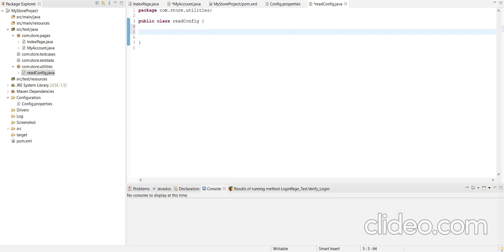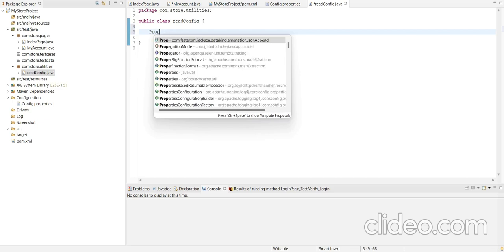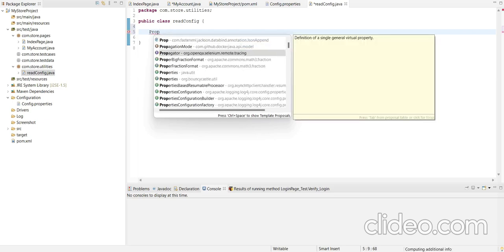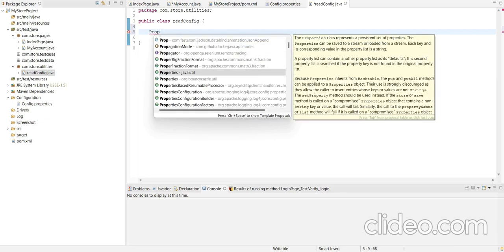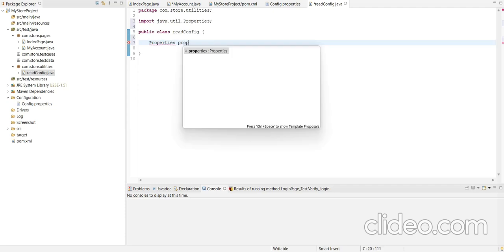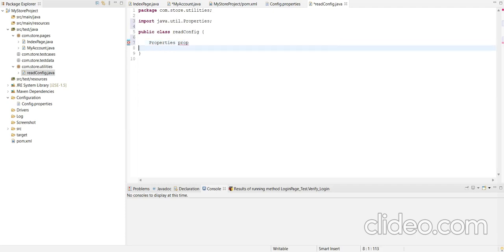In this class ReadConfig, we will create one Properties object. To read the property file, there is a class available in Java called Properties. Then we will create the constructor to initialize the object.